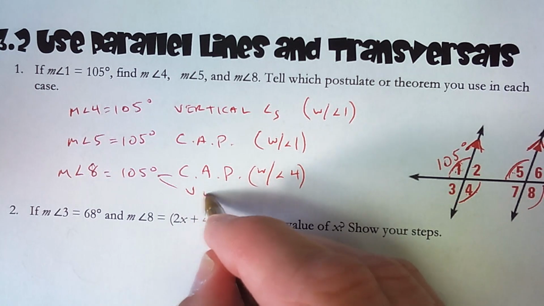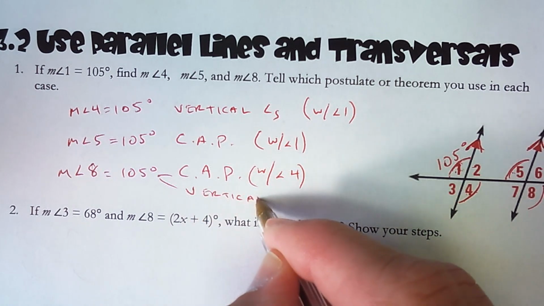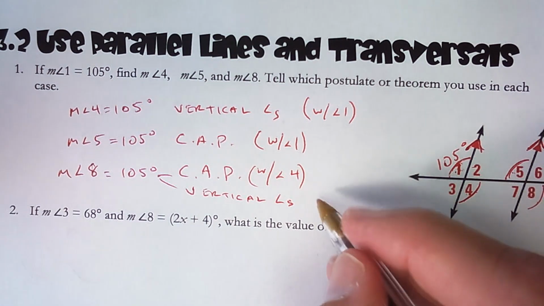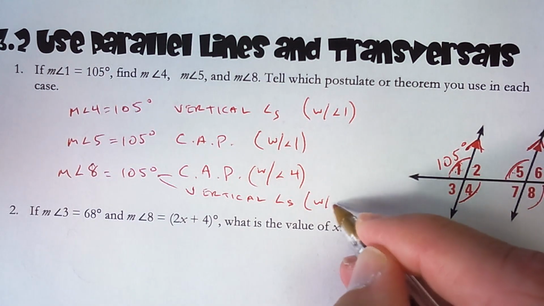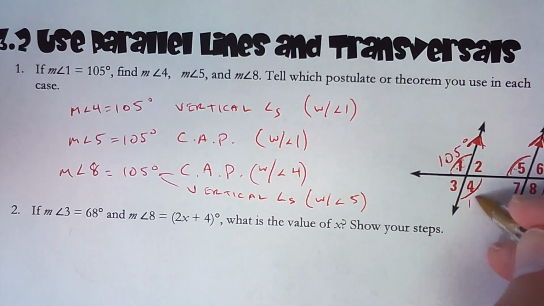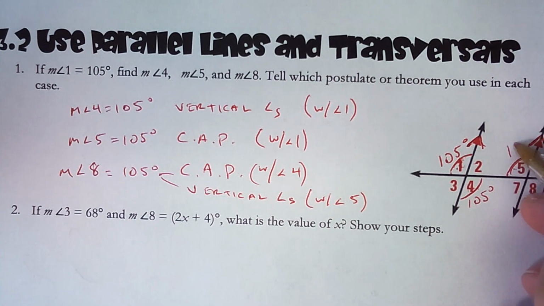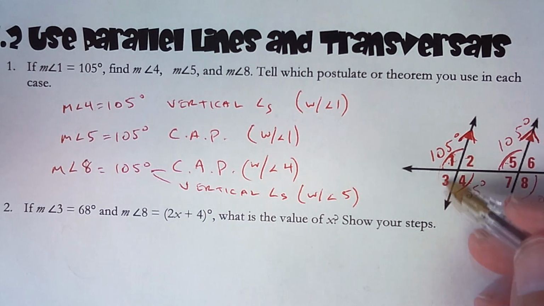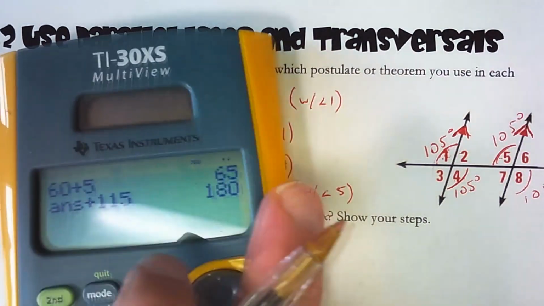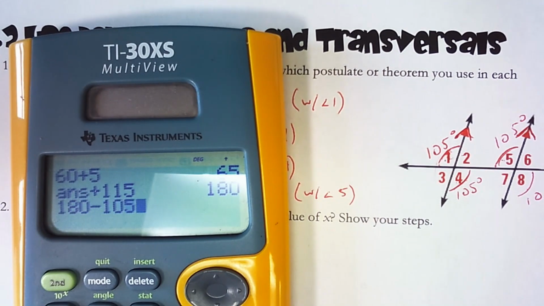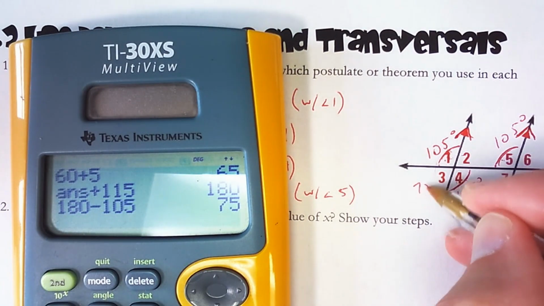Or I could put vertical angles because 8 and 5 are vertical. So with angle 5. So all 4 of these angles now are 105 degrees. Now what if we wanted all the rest of the angle measures? So 1 and 3 here are a linear pair, so I could just do 180 minus 105 and get 75